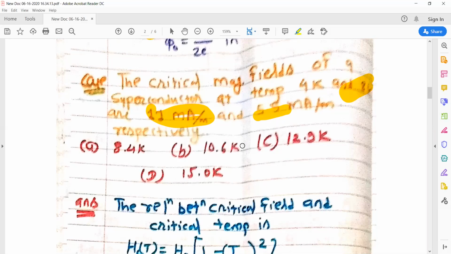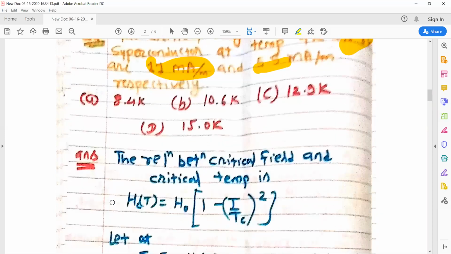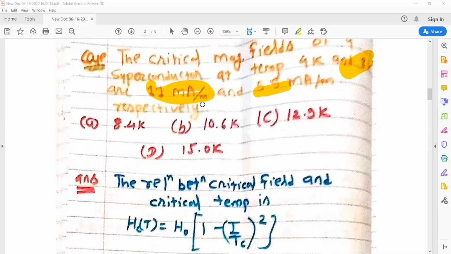Okay, so we know that the critical magnetic field is given by this particular formula. So what we will do, if anybody knows, they can unmute themselves and give the answer, or I can explain it. यहाँ आपको दो टेम्परेचर दे रखे हैं, उनके दो क्रिटिकल मैग्नेटिक फील्ड दे रखे हैं। ठीक है, और आपसे क्या पूछा गया है यहाँ पर, क्रिटिकल टेम्परेचर निकालिए आप। ठीक है, at 4 Kelvin this Hc is given, and at 8 Kelvin that Hc is given. Okay, we need to find what Tc is.